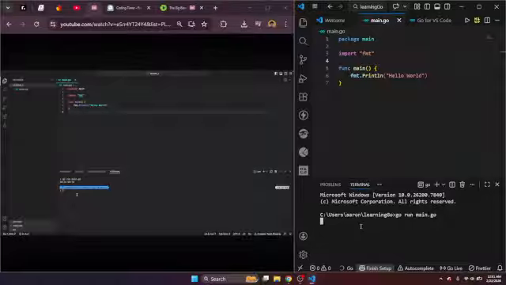But if you want to build a binary out of the Go code, you can do so with the build command. So go build,